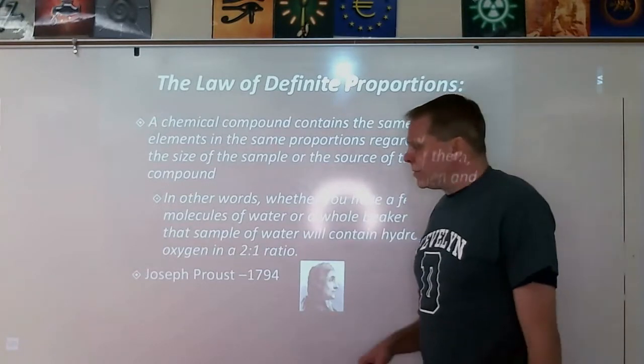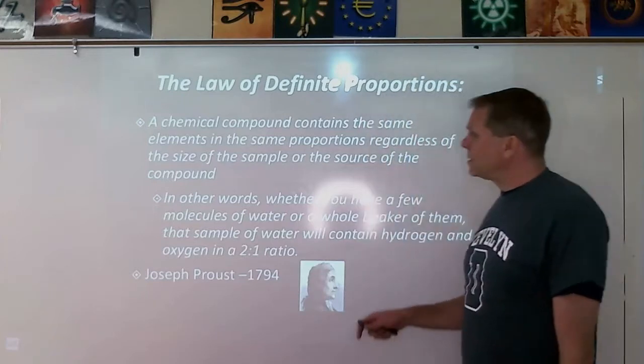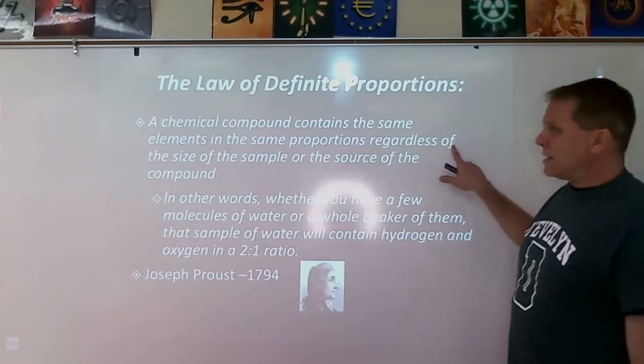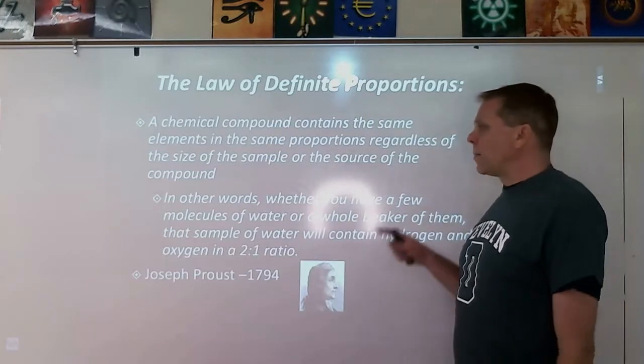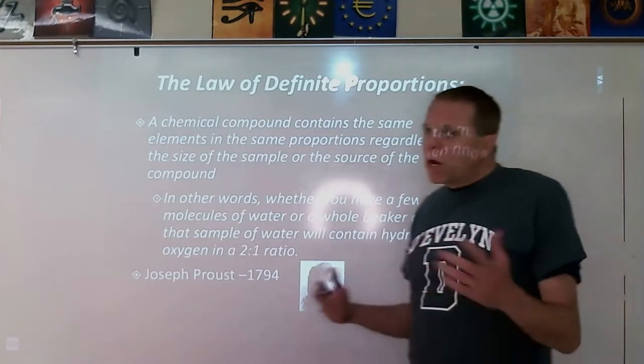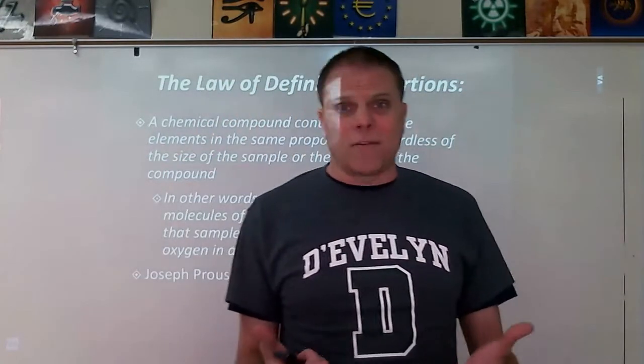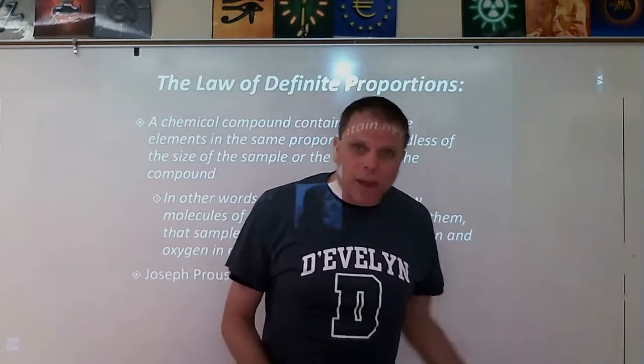Now this guy by the name of Joseph Proust really came up with this concept, basically saying that chemical compounds contain the same elements in the same proportions regardless of the size of the sample or the source of the compound. In other words, no matter where you get the water, let's say we've got some water and we're up on Mars. Water on Mars, that ice that they have on Mars, that's the same water that we have here on Earth,